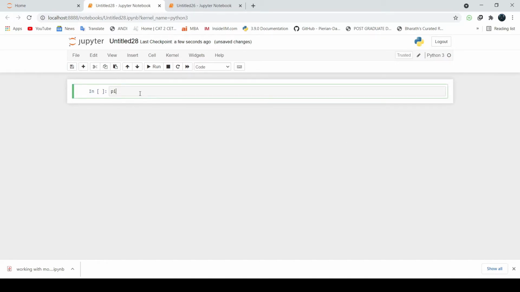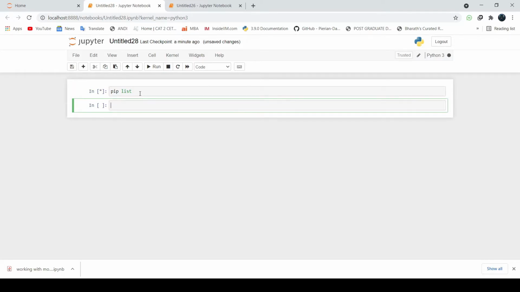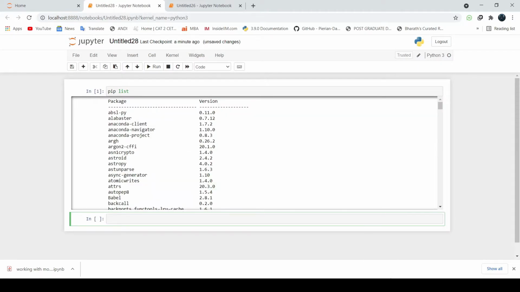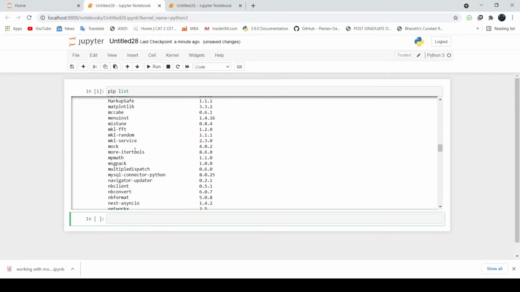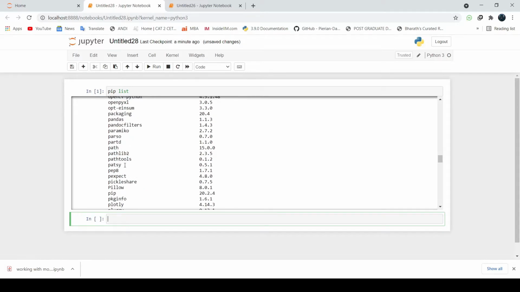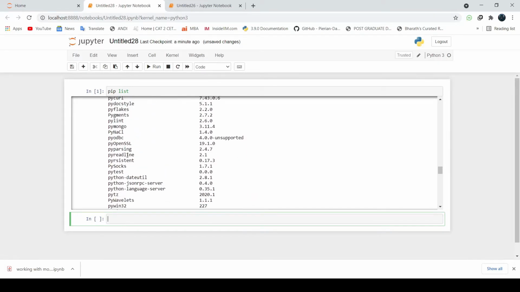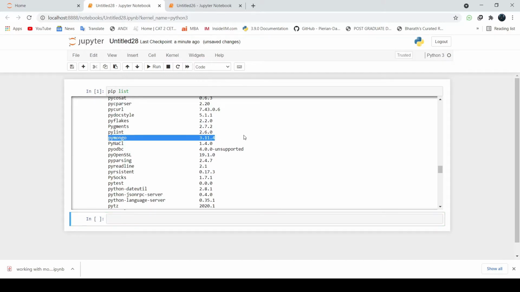So in Python we have a command pip install, sorry, not pip install. First you need to check what list of modules you're having. So pip list. In that I must check for that particular connector, which is named PyMongo. Yeah, this one, PyMongo, which I'm having the latest version 3.11.4. This is the connector which will connect my Python language to the MongoDB database.